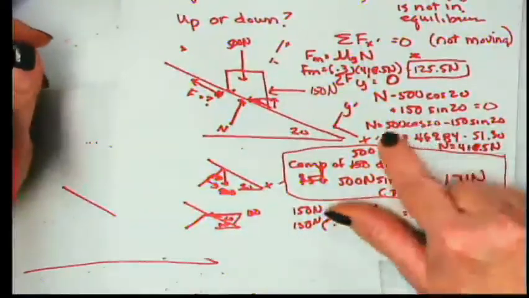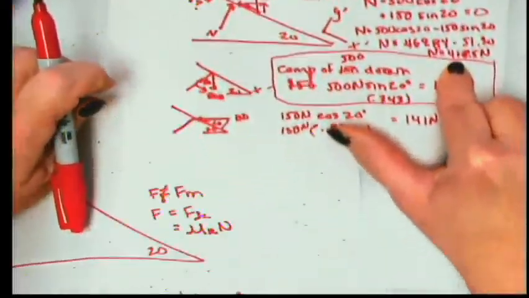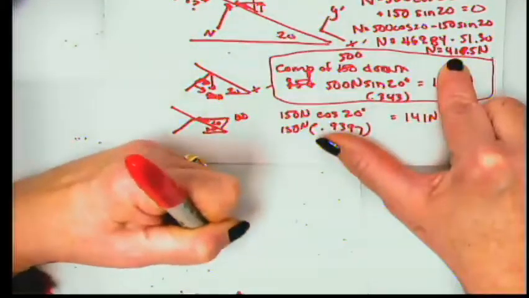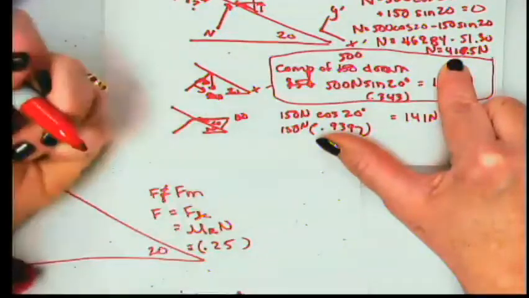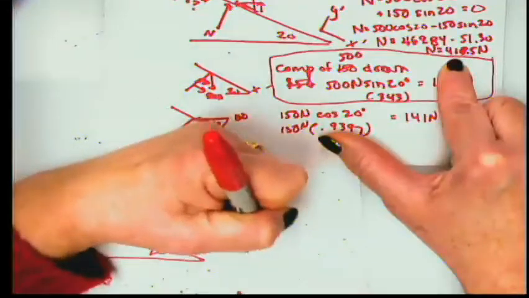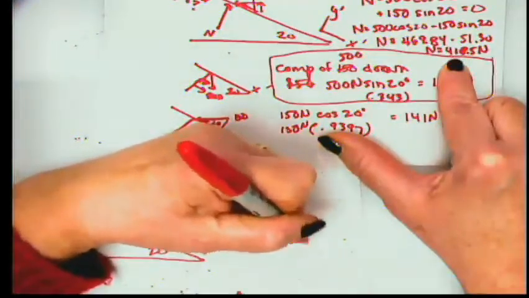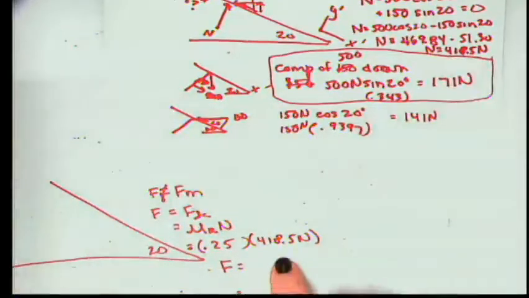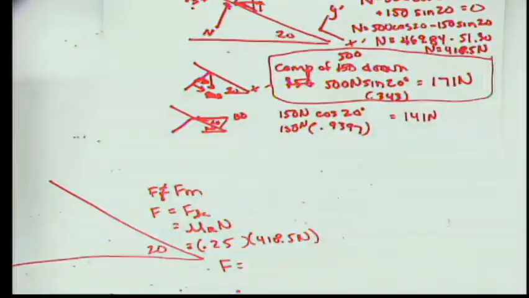We determined that the normal force is 418.5. So we're told that the coefficient of kinetic friction is 0.25. So we have to multiply that by the normal force, and we get that the frictional force is 418 times 0.25